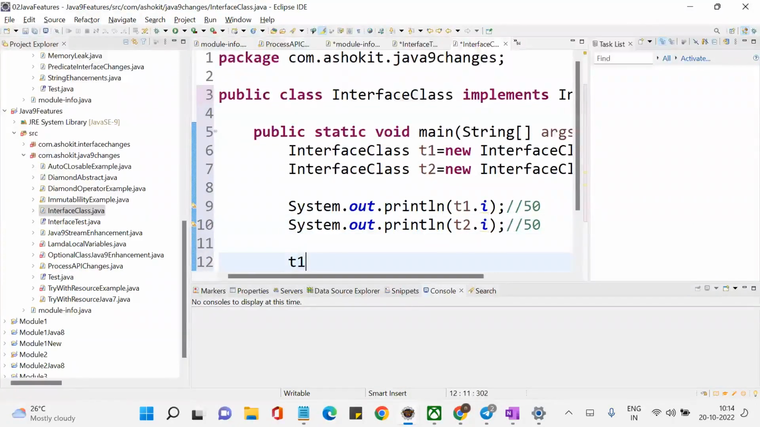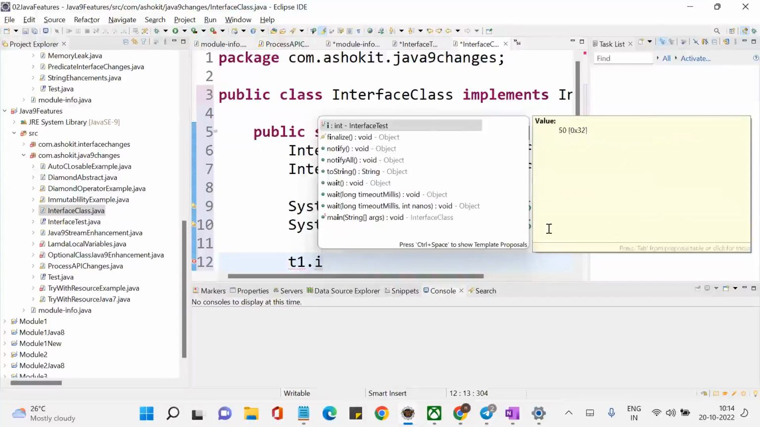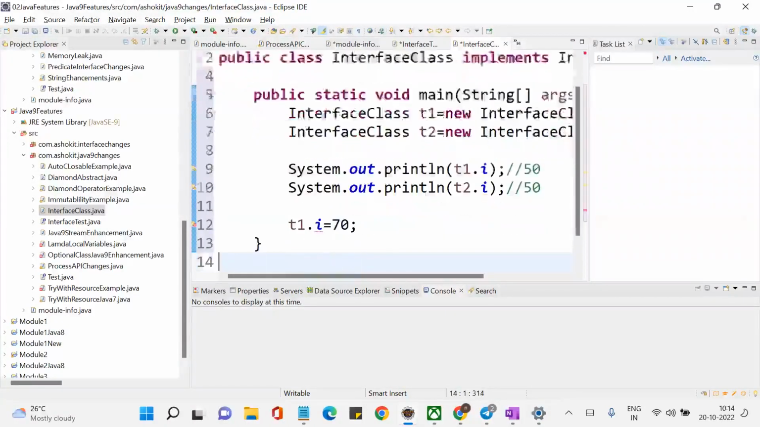Now, if I am trying to modify the value, T1 dot I equal to 70, is it possible for me? I'm getting a compilation error because why? A final variable's value cannot be reassigned, correct? So that means